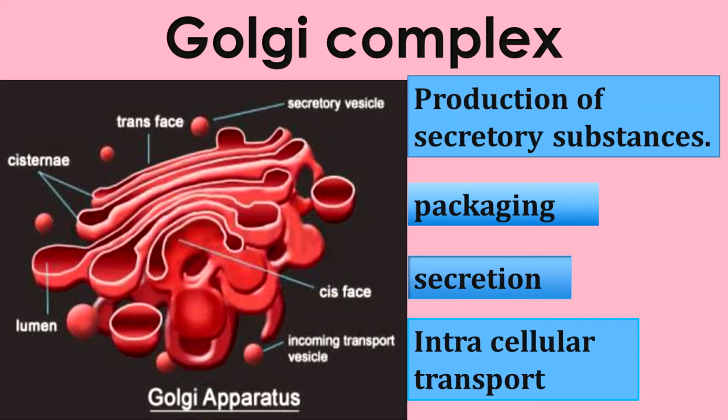Now we are going to learn about Golgi complex or Golgi apparatus. Membrane bound sacs are stacked on top of the other with associated secretory vesicles. See the long tubular structure arranged one over the other. This is called a cisternae. And the spherical bodies near the cisternae, look at the diagram, are called vesicles. Both cisternae and the vesicles together are known as Golgi complex or Golgi apparatus.